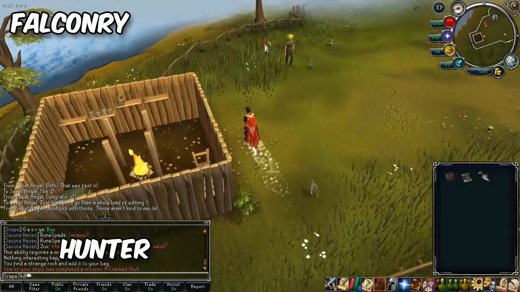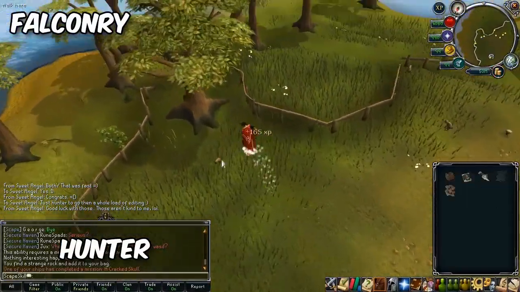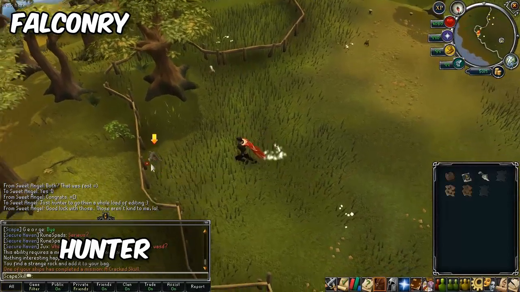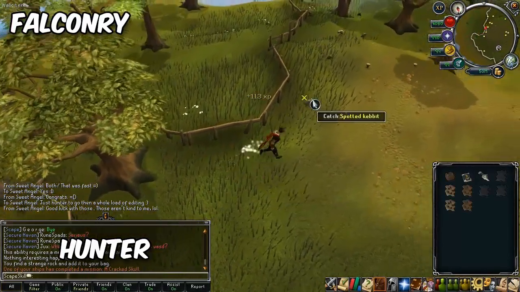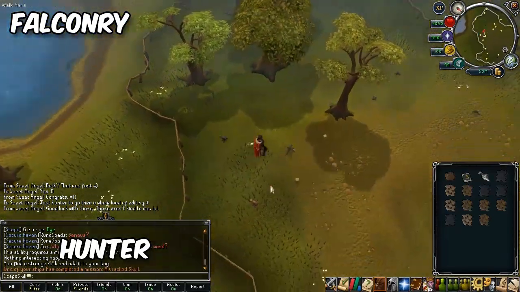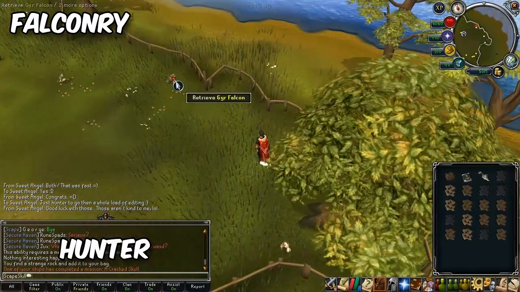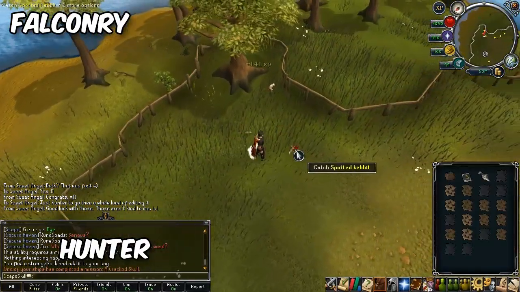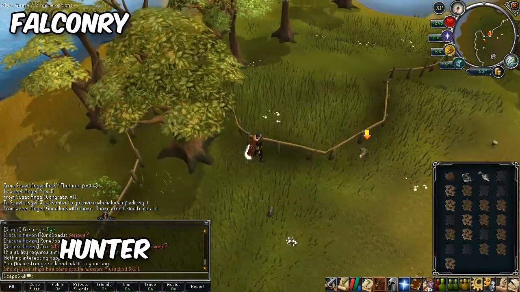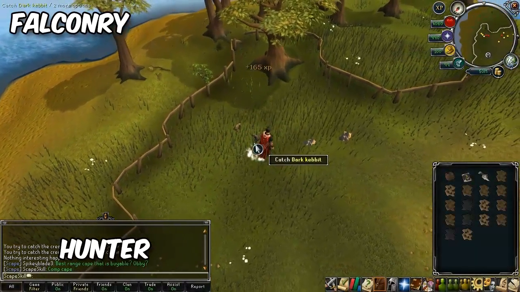So the final skill of the collection bag is Hunter, and luckily this one isn't too bad. Now I recommend to do Falconry. If you don't know what it is, pretty much you go to the Piscatoris Hunter area, I think that's what it's called, or it might just be called the Falconry area, I'm not too sure, but you can check on the map. But all you got to do is purchase a falcon for 500 GP just to use, and then you just got to click on the kebbits